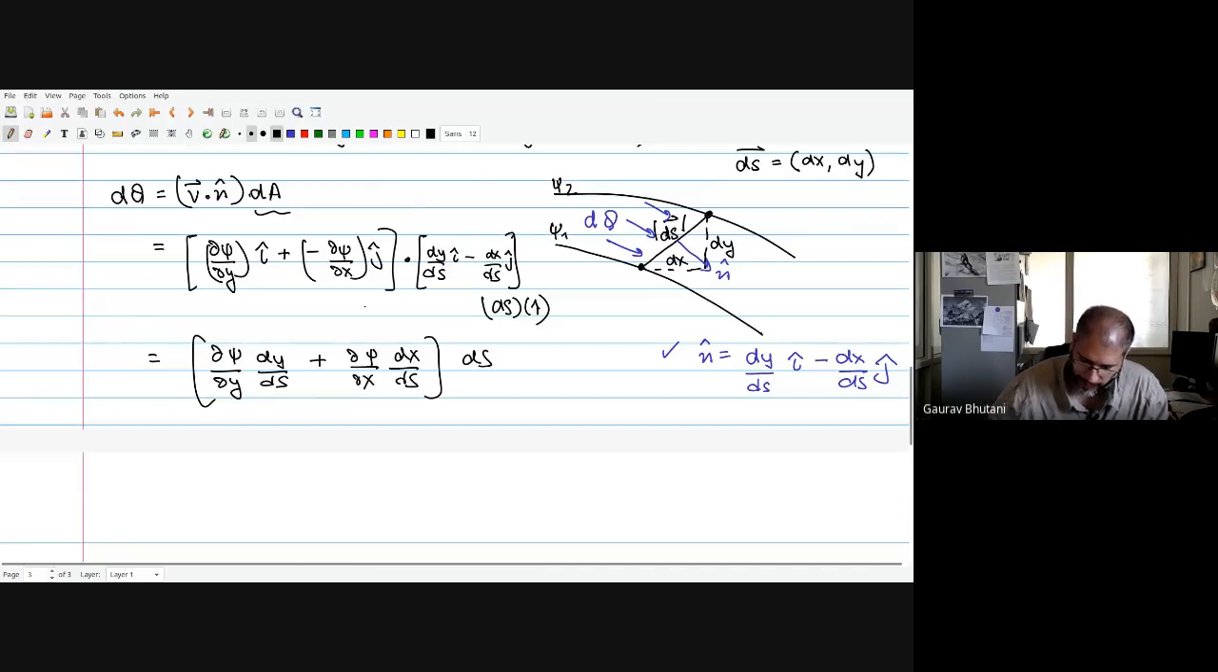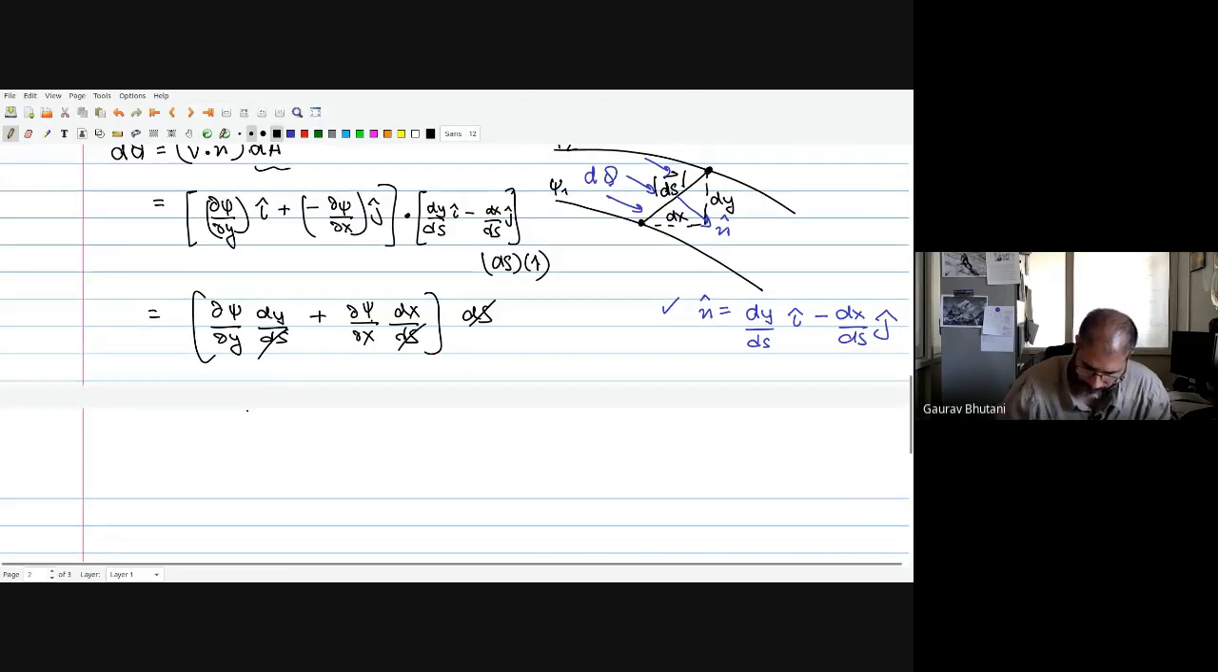So I've simplified this, I've taken the dot product, and this is what we get. So ds can be cancelled. So what we have finally is d psi. So we've again got d psi, but this time this value of d psi is equal to dq. Okay, that's very interesting. So what we have found out is that if we have two streamlines in the flow,